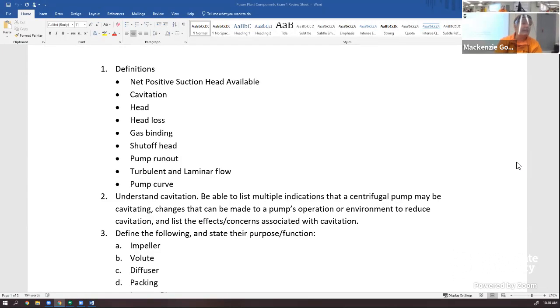For number 2, expect a question along the lines of, explain what cavitation is and what it does to a pump, how you prevent it, and indications you as an operator would look for to know if it's happening. Okay, so what it is and what it does, and then the actual practical part is what is an operator going to look for or notice or be responsible for monitoring in order to notice it,